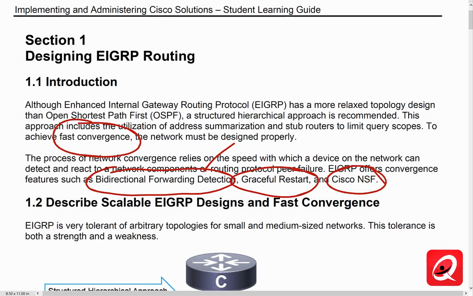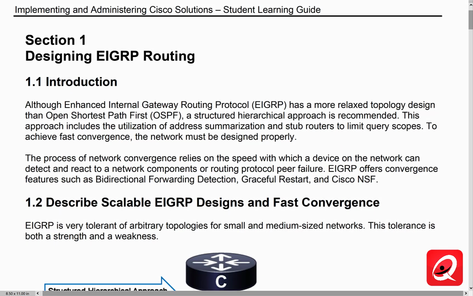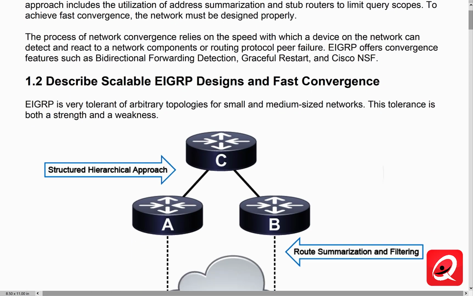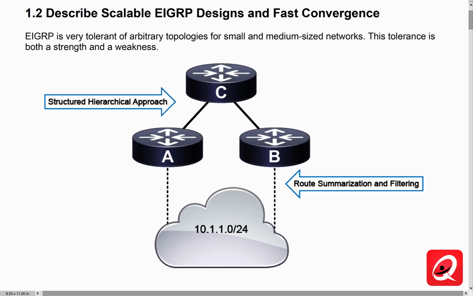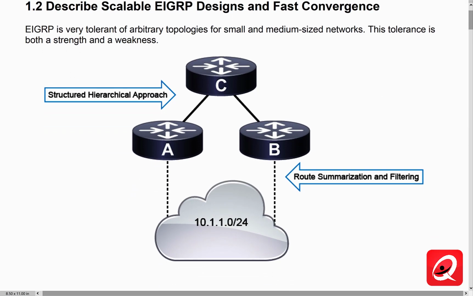Graceful Restart we'll talk about, and what we call Cisco non-stop forwarding. We'll talk about that concept as well. So there are many elements that we can add to EIGRP to actually make it more scalable and faster to converge. Again, as I mentioned, EIGRP is a relatively easy protocol to work with because we don't have all of